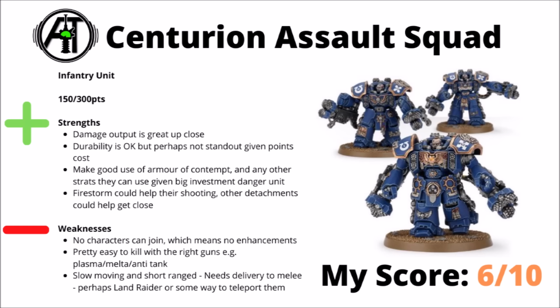Next up, we've got the Assault Centurions, 150 points for 3 of them, or 300 for 6. Everyone's favourite Space Marine inside a Space Marine has some really good damage output up close with those siege drills. Big hitting damage 3 twin linked attacks that get extra benefits against enemy vehicles with sustained hits. I'd say their durability is okay, but maybe not standout for the cost, even with their 4 wounds and 2+